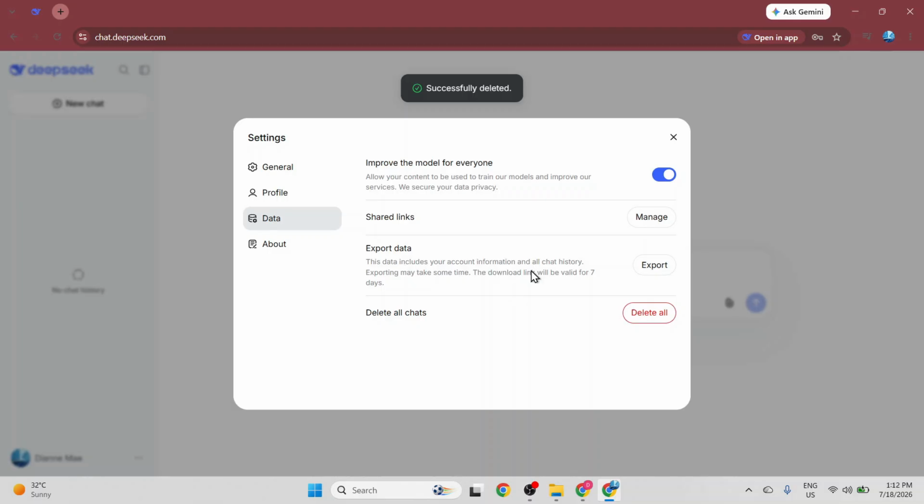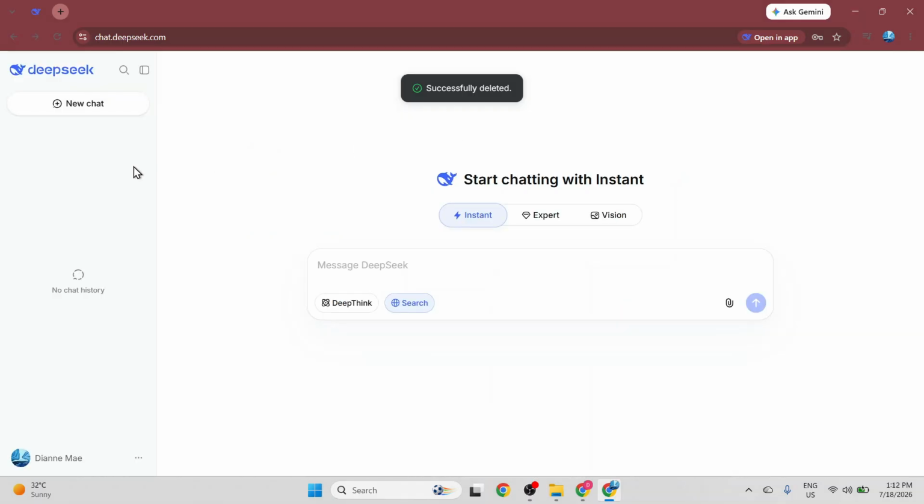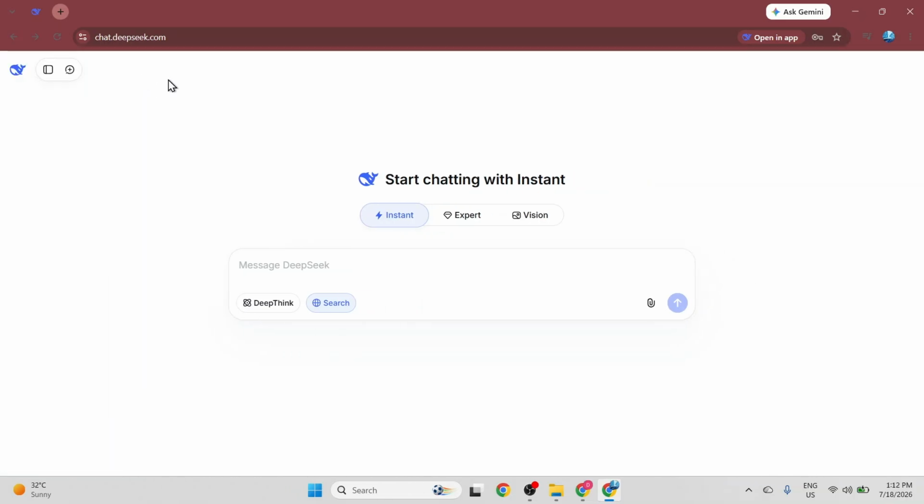I then move my cursor to the top right corner of the main settings box and click the close icon to return to the Clean Home dashboard, which now displays a completely empty sidebar with a message stating that there is no chat history. Now, to show how you can start fresh and type out a brand new request, I